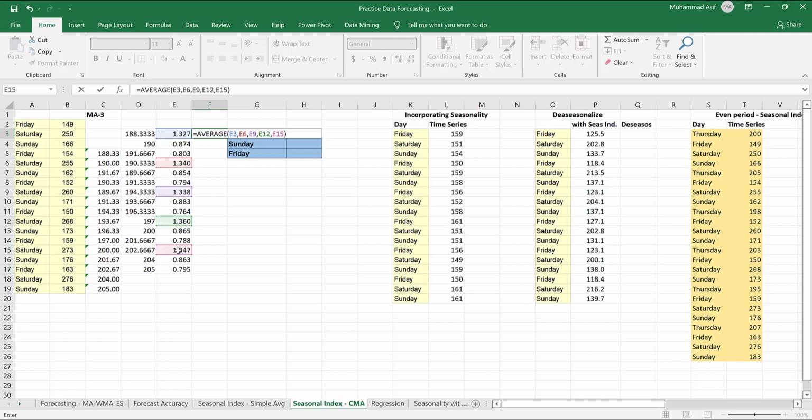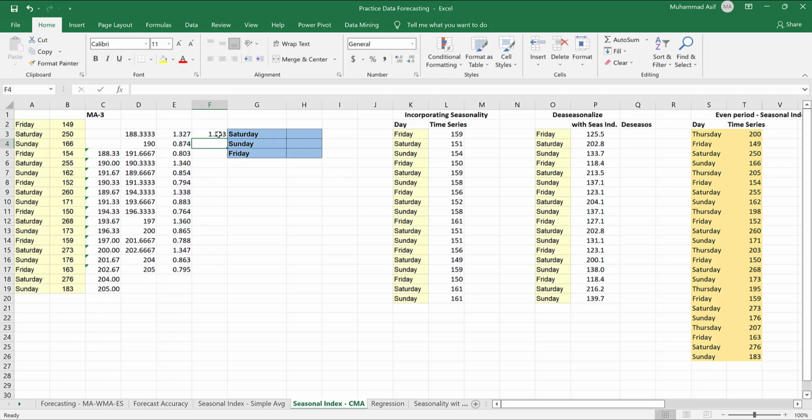So again, the overall idea is that we want to take the average of similar seasons. I mean here like number of days, like these days. So Saturday is one season, Friday is another season, and Sunday can be considered as another season. So what we do is that we take the average of Saturdays only here,